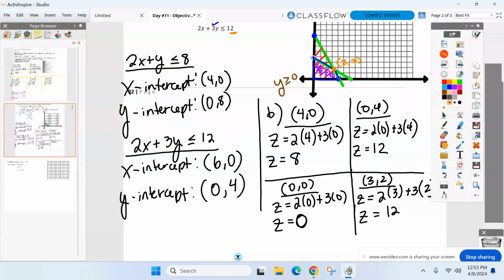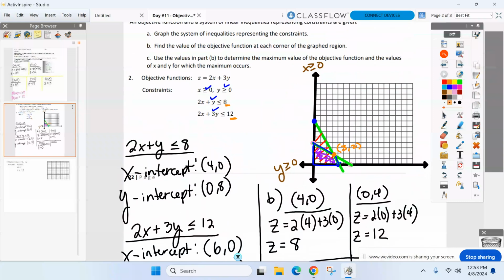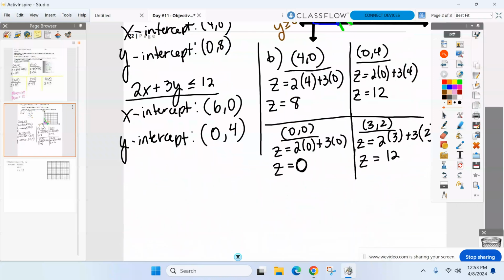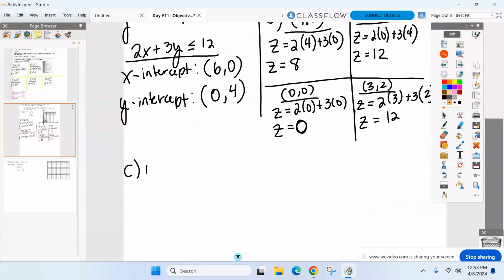All right, part C. Whoa. We got 3 parts here. Determine the max value and the values for which they occur. So what is the max value first? 12. All right, so max equals 12. But now I'm adding a different piece to it. When does it equal 12? Well, give me one instance where it equals 12. When x equals 3 and y equals